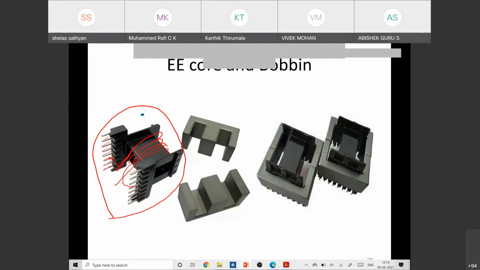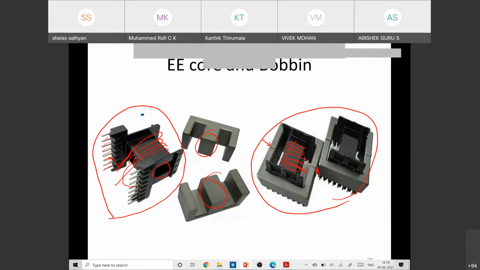So this bobbin will go inside this middle limb. Once we make it a complete core, it will look like this. If you want to provide an air gap, you can provide it here by inserting some insulating papers, and the winding will be placed in the air gap. The thing is, if we are able to wind only 10 turns, but we have to make it 20 turns, once the first layer is over, you have to provide some masking tape over it. That is also an insulating material. And over the masking tape, again, you need to wind.